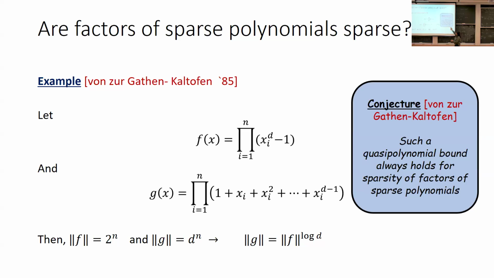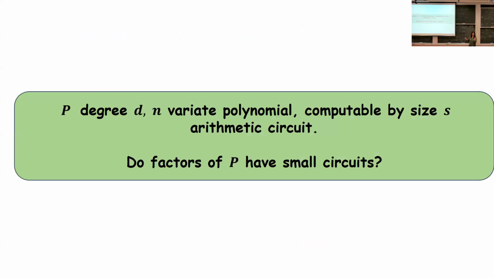Let me leave this question. If you play games with the degree of the polynomial and the characteristic of the underlying field, one can get bigger blow-ups, where you can construct examples where the factors have a lot more monomials, but over the reals, this is about as big a blow up as we know how to get, and we have no way today of proving this. Okay, so this is a very interesting question whose answer I do not know.